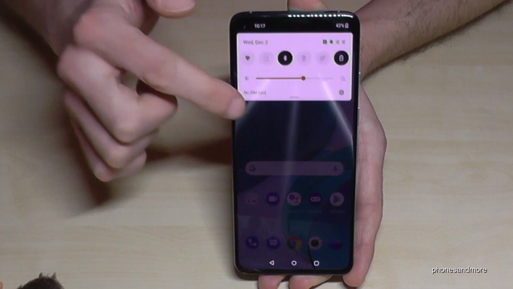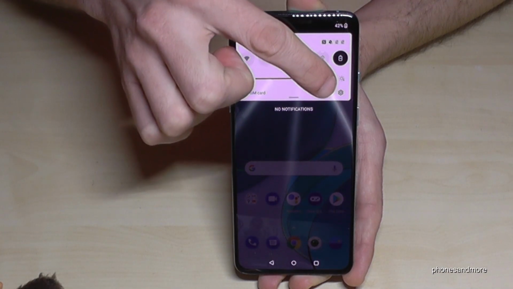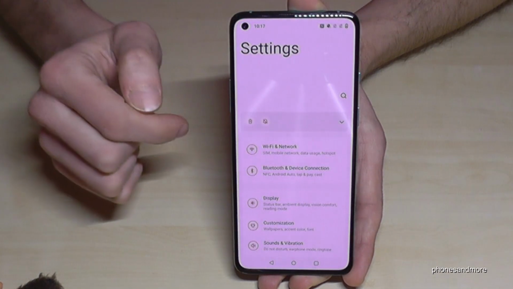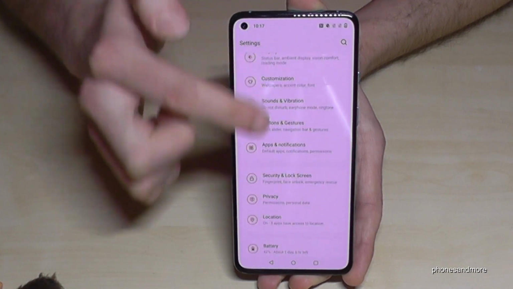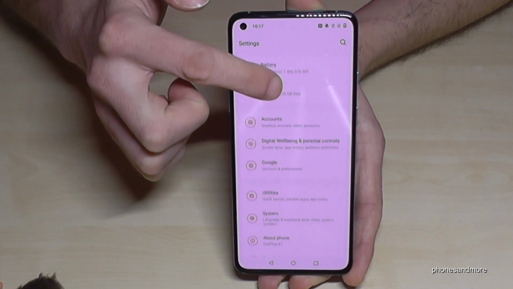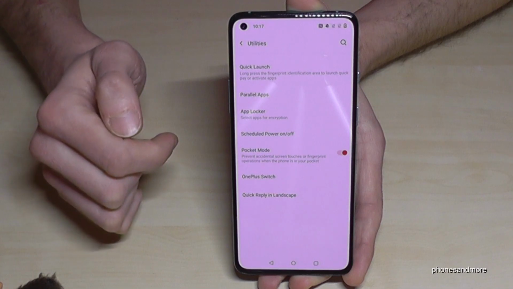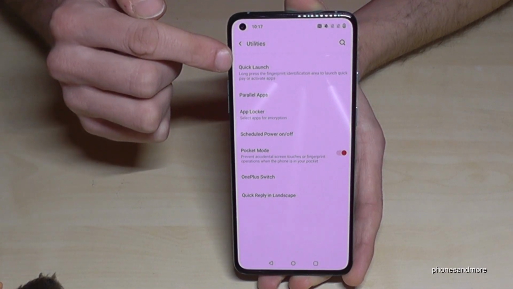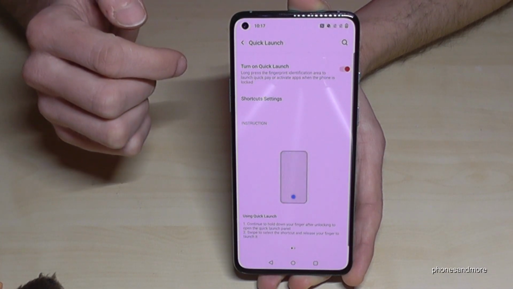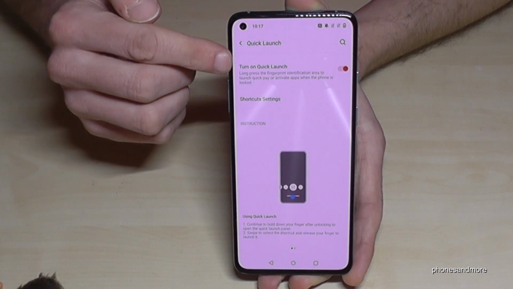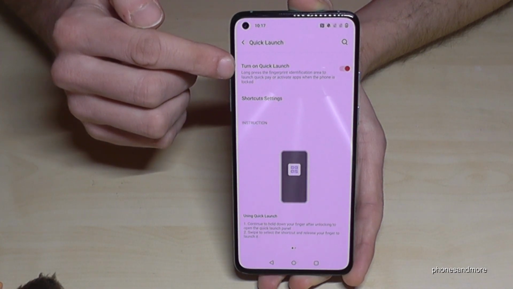So just scroll down here, then you will have the symbol for the settings. So tap it. Then you have to scroll down to the point Utilities. Here they are. Tap it. And here we will need the point Quick Launch. So, first of all, you have to turn it on, so that you can use it, and then you can